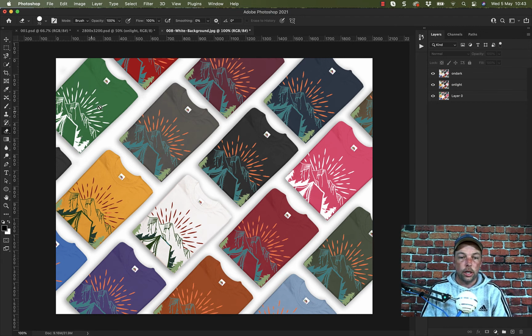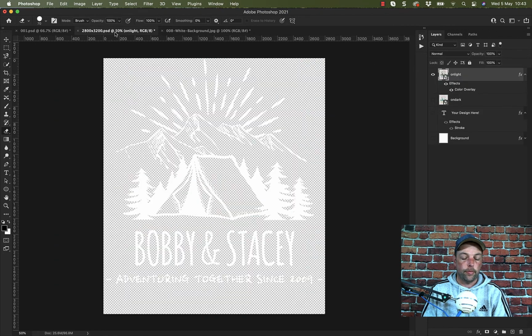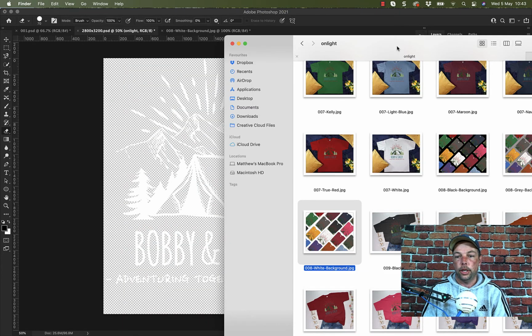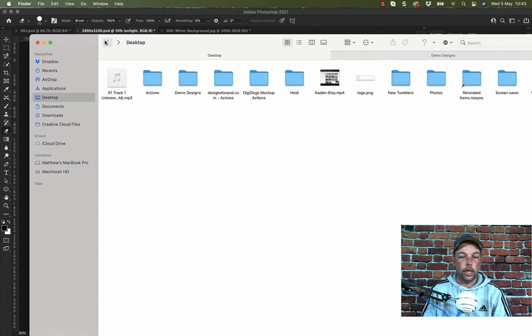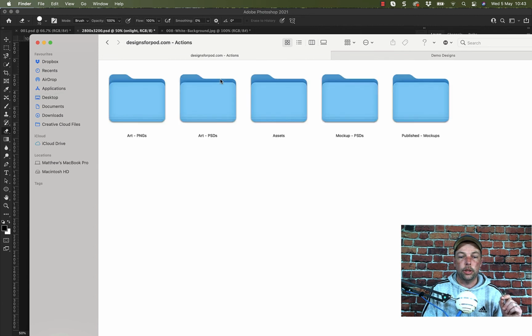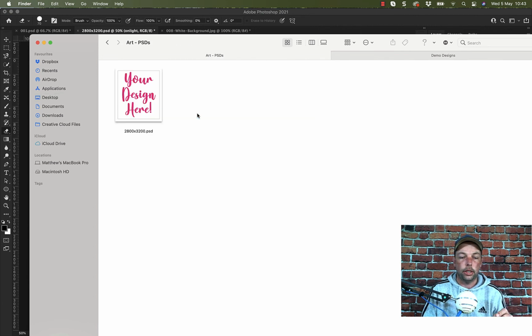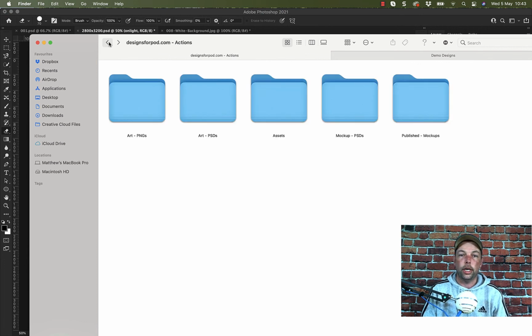Okay, so I'll do a quick recap. Step 1 is go to your main folder. On Windows it'll be in your C drive, on Mac it'll be on your desktop. Go into your main folder, into your ArtPSDs folder, open up this 2800 by 32 artwork, drop your artwork in, run your actions. If you want to go light and dark, copy your published folder, paste it, run it again,